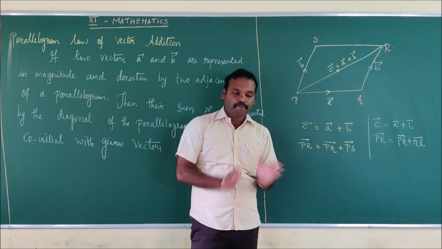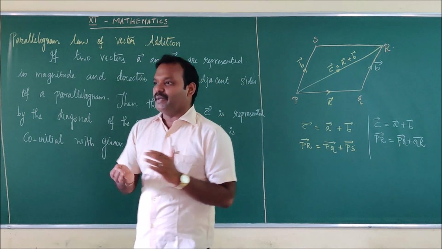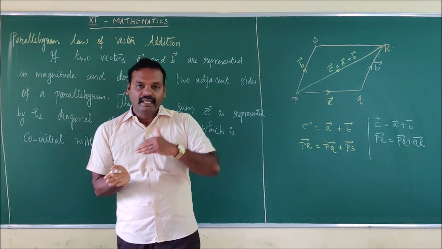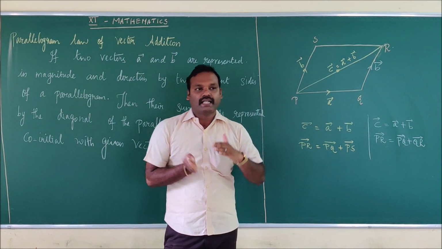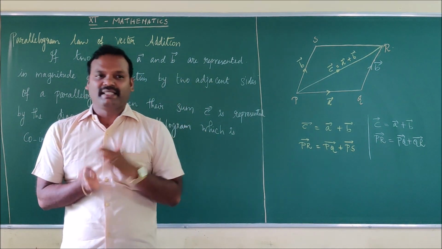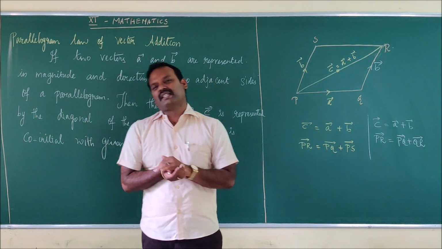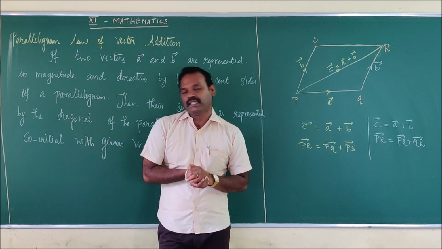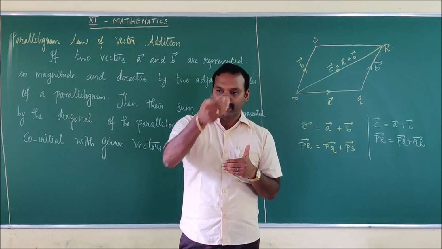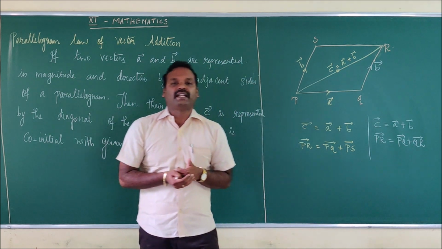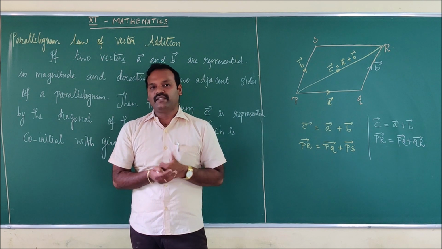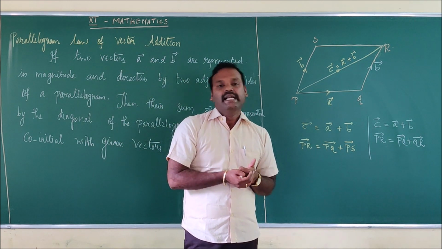With that introduction, there are some properties, that is multiplication of a scalar with a vector, addition of vectors and subtraction of vectors. These are less important, and it will be very easy to understand. So you can refer to your book and go through the properties which are given in your book. If you have any doubt, you can ask me.